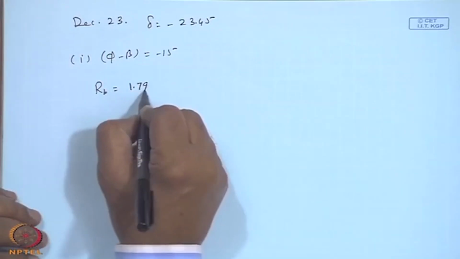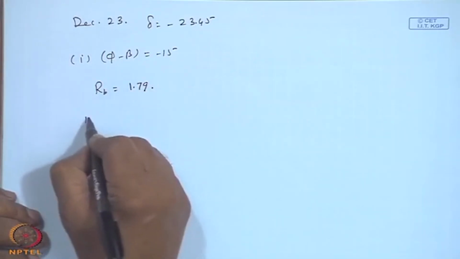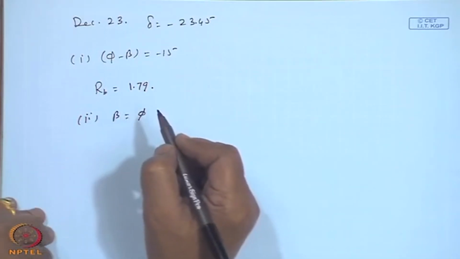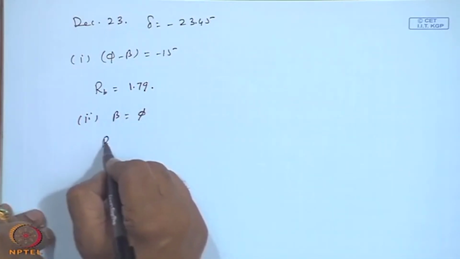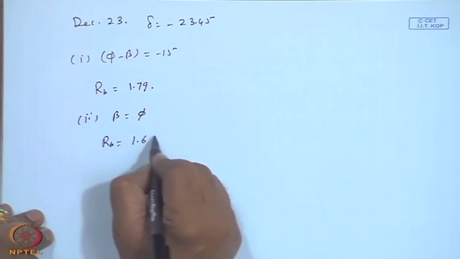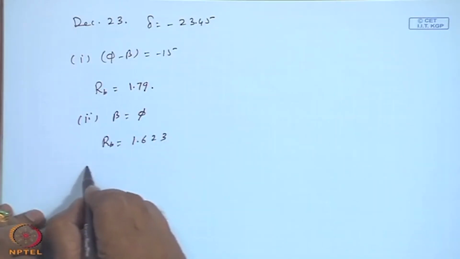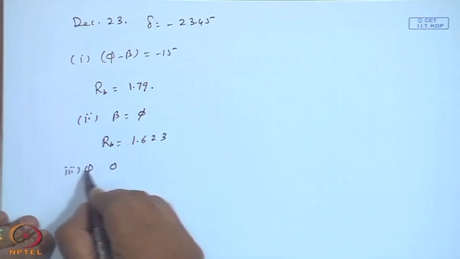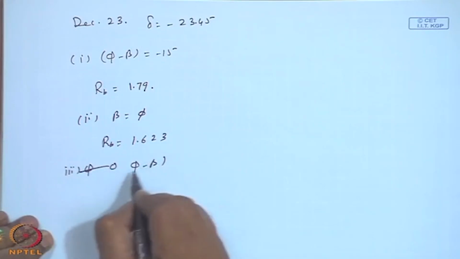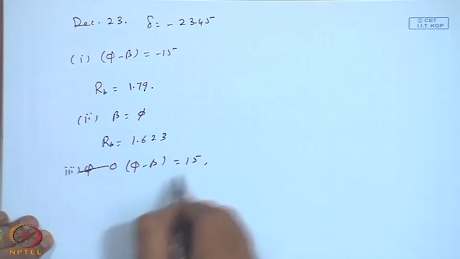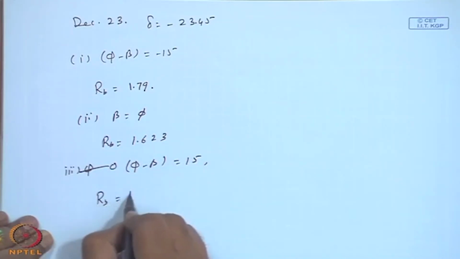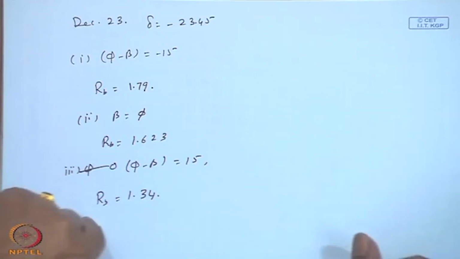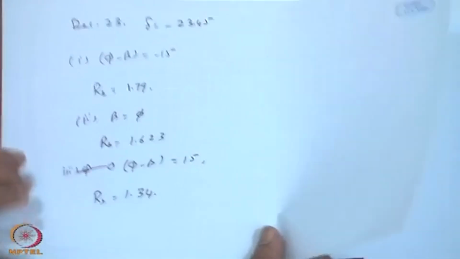1.79, and then if the second case beta is equal to the latitude phi, you have RB equal to 1.623, and if you have third one phi minus beta equal to plus 15, then RB is 1.34. So, all these calculations we have done, just it is essentially for continuity,